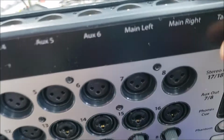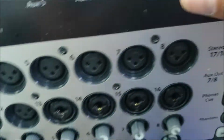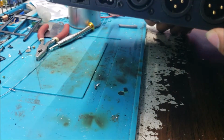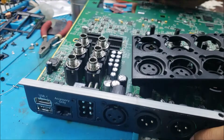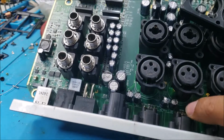The customer told me that the left channel, this one here, is the one causing the problem. So let's take it apart and check it, because the customer said the sound on the left channel is very low, and you can see here,